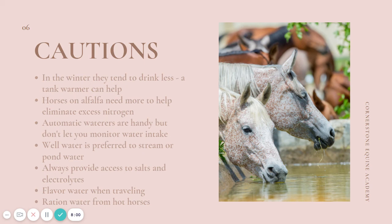You can either flavor the water with some Gatorade or pour in some horse-specific electrolytes to kind of encourage them to get over that aversion. Start practicing this at home, though, so that when you're on the road, your horse will be used to Gatorade-flavored